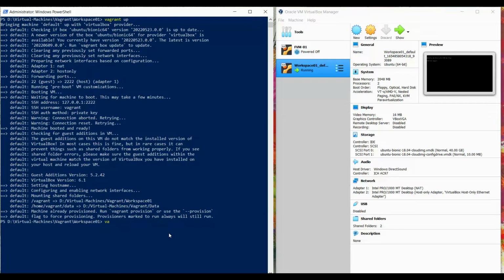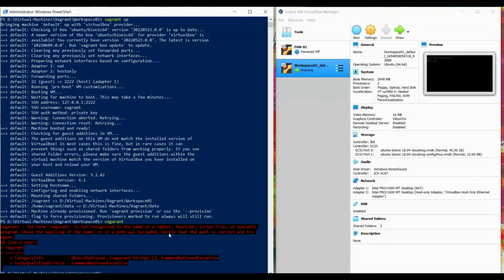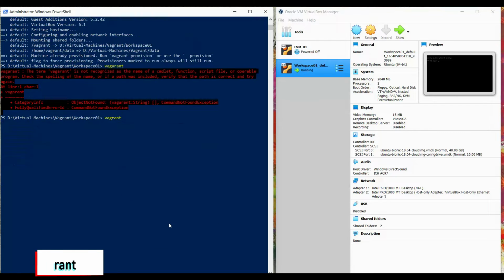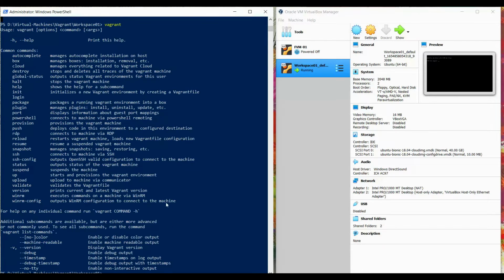Type vagrant to see the list of commands we have. So this will bring up the list of commands you have here. We have autocomplete, box, cloud, destroy to destroy or delete the entire Vagrant machines, global-status to check the global status, halt, help,